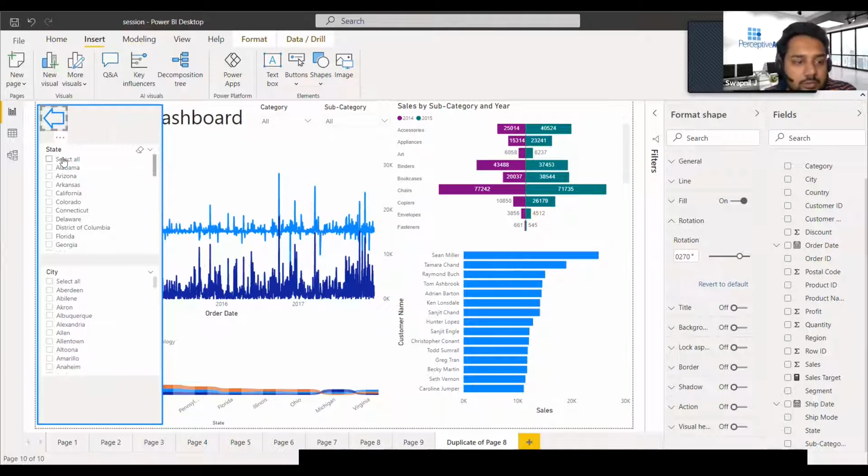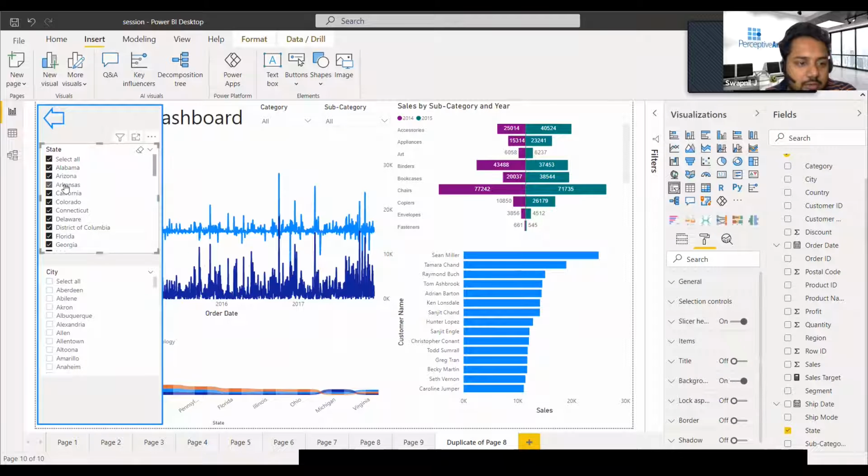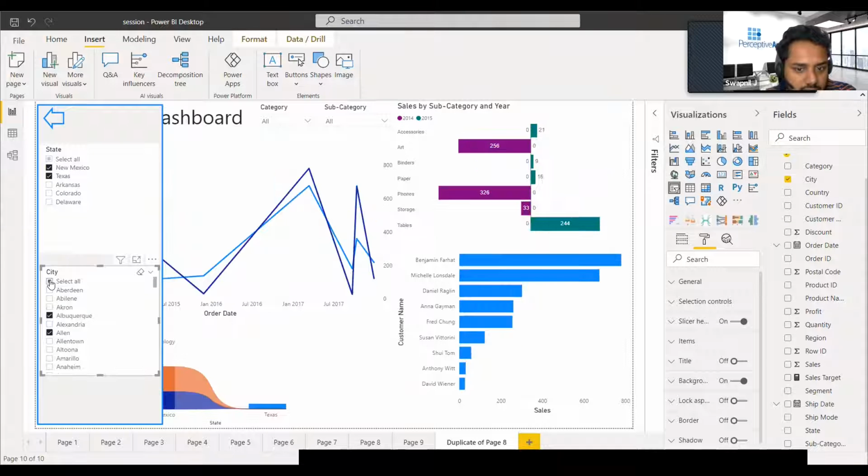So now, if I start filtering based on the data, let's say I remove these states from the data, all these graphs will start being affected. See, these graphs are getting changed.